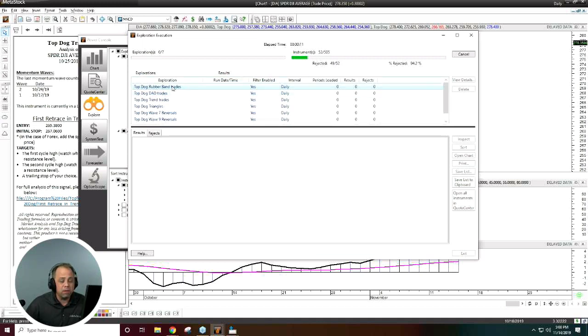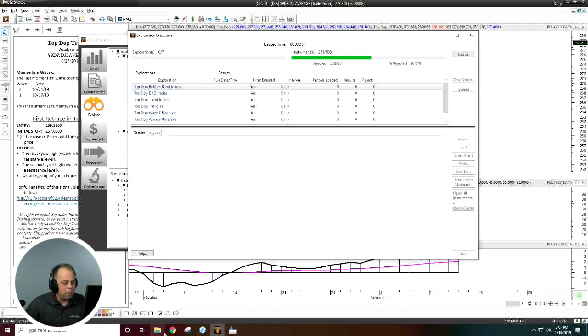And right now it's looking for that rubber band trade. If we did let it complete, you're going to get a list of all the stocks that have an opportunity. So again, the idea here is to allow us to ignore the stocks that don't make sense and don't have an opportunity. Let's step over those ones and focus on those stocks. There's more than enough opportunity with the 4,500 optionable securities that exist in the market. Let's focus on the ones that have an opportunity that we want to see.